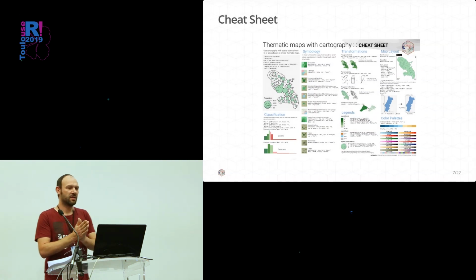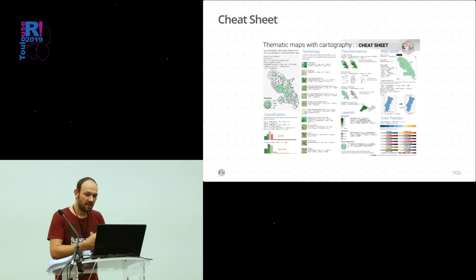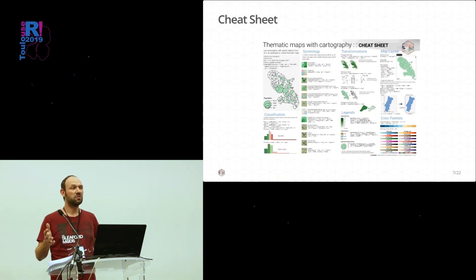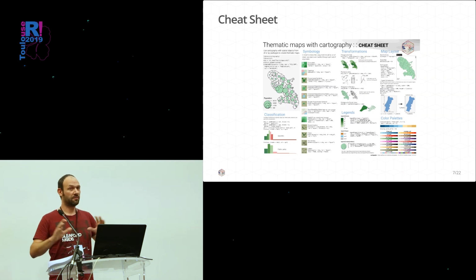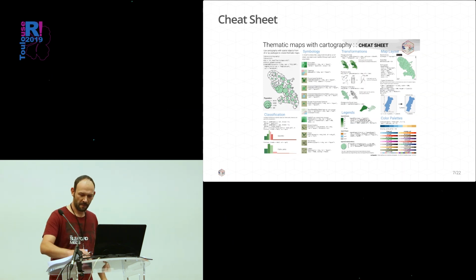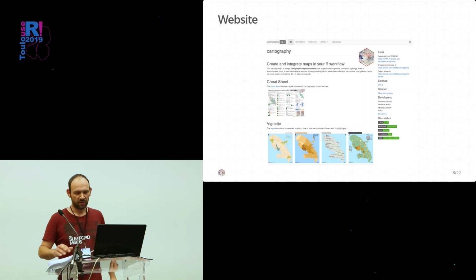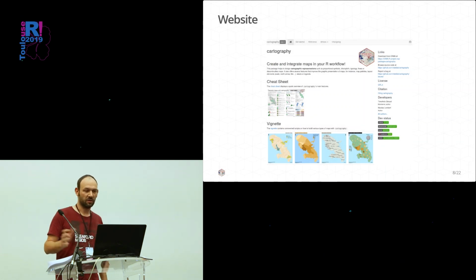Along with the package, we have created a cheat sheet that displays an overview of all the functions. It's maybe not very useful when you have to create a specific map, but it gives a good overview of almost all you can do with the package. We also created a website with pkgdown, so you can access the documentation online.